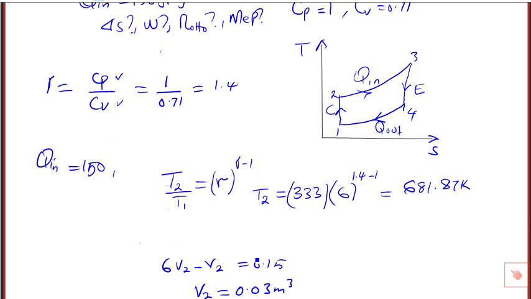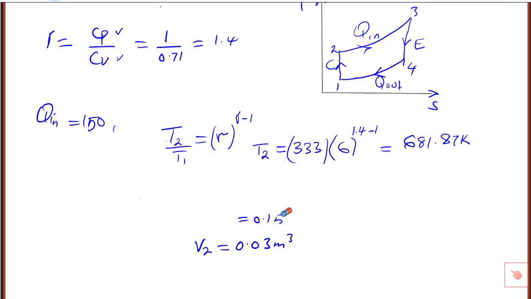It's 87 Kelvin. So we have found the value of T2. We can go ahead now and get the value of the other temperatures, and looking from our previous discussions, we can use the value of the heat supplied, which is 150. Heat supplied here was 150, so we can use that one. But before we use that one,